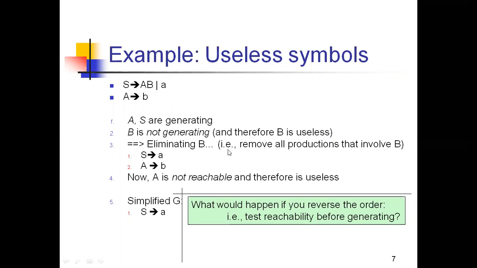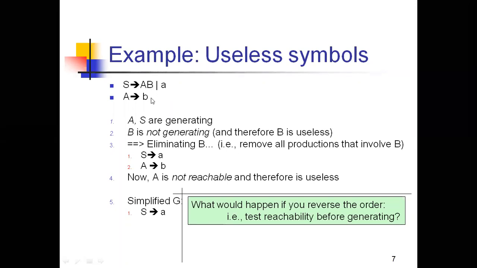Now I can eliminate B, right? And how to eliminate the B: directly I can eliminate the rule containing B, because I can't take only A from this, because A is merged with B. I can't separate this A and B. So directly I am eliminating this rule, right? So then my rules are S tends to A and A tends to B. So now